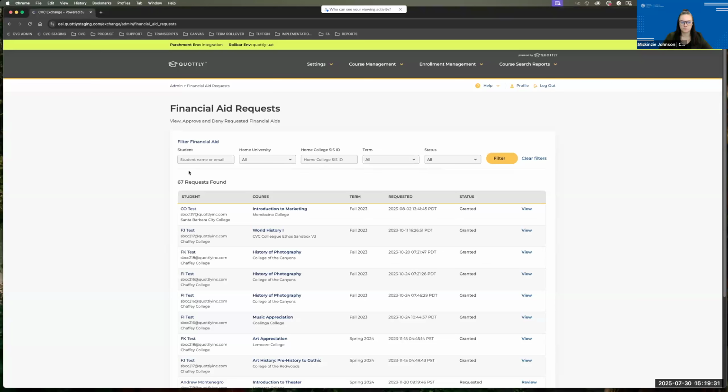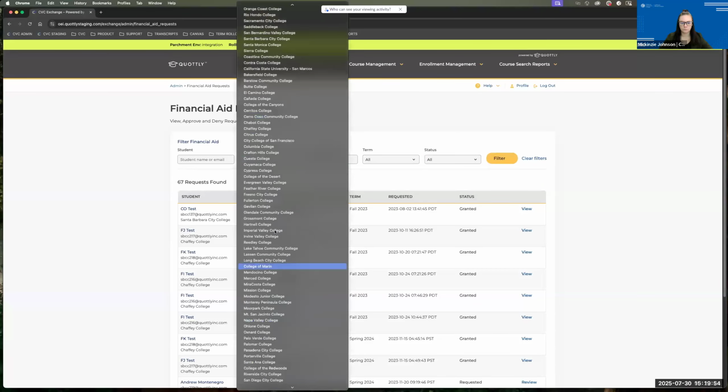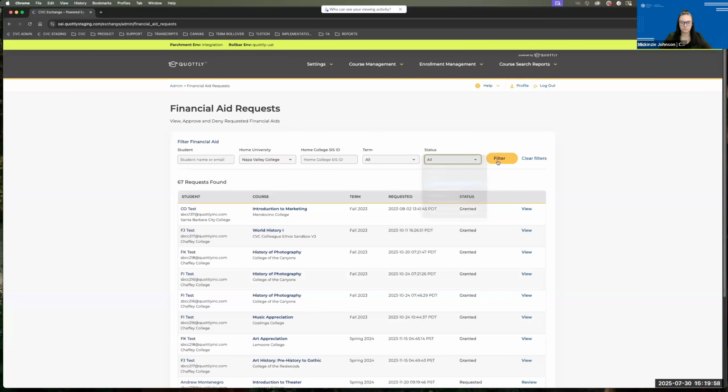This is our staging environment, but this will mimic your production environment. So once in the dashboard, you can search by a specific student, your home university, the term, or status. The two statuses that you want to be concerned with are counselor approved and counselor denied. Those will show you all of the requests that you next need to review. As an example student, I will show you Napa Valley College and a student who has been counselor approved, which